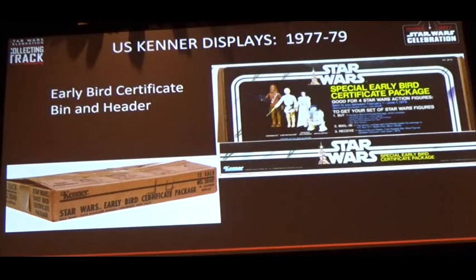This one was special in as much as it was in pristine condition and it included the shipping case, which is relatively rare to find. And you can see on that shipping case that not only did it include the display, but it also had all the earlier certificate packages. Because of the comments on that, since it's now